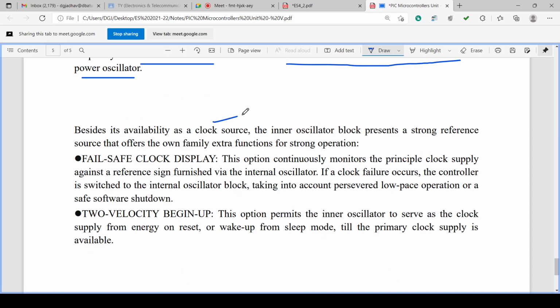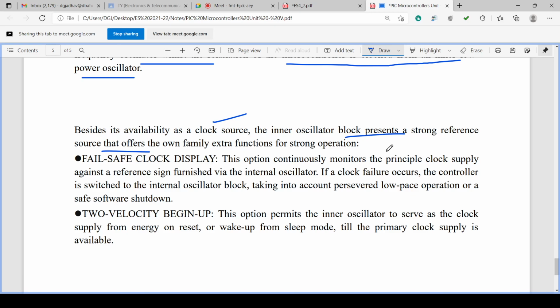So availability of clock sources is there. Then internal oscillator blocks are also present. Okay. Then robust reference sources also offer extra functions for robust operations, like fail-safe clock monitor or two-speed start-up. Okay.